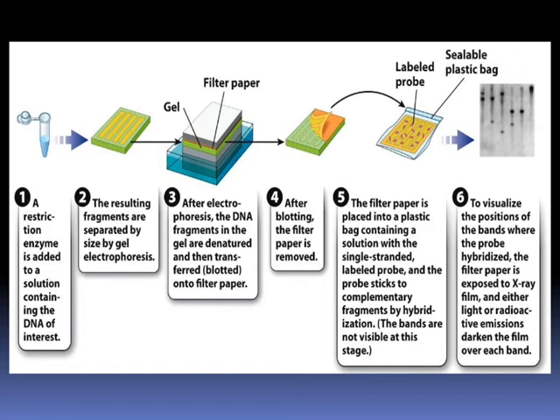For visualization purposes, we have to go for X-ray, because of the radioactive substances. With X-ray film, either light or radioactive emissions will visualize the particular bands when exposed. So to visualize the position of bands where the probes hybridize, the filter paper is exposed to the X-ray film, and either light or radioactive emission darkens the film over each band. So that is the complete